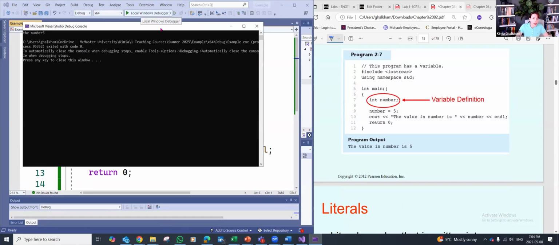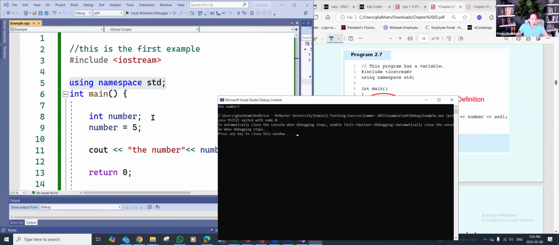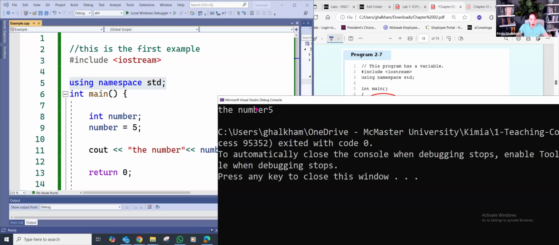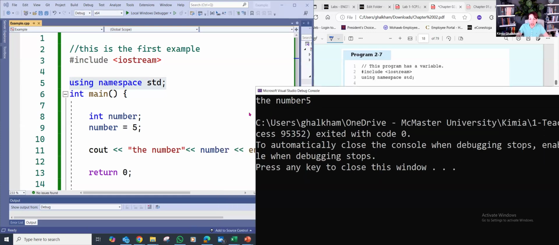So look at here. I asked for printing out the number 5. And I can see on my debug console the number 5. Where is the number 5 coming from? The number is coming from my text, and it is reading the number from here. If I change 5 in here, for example if I make it 3, I will see 3. If I make it 6, I will see 6 and so on. Hopefully everybody